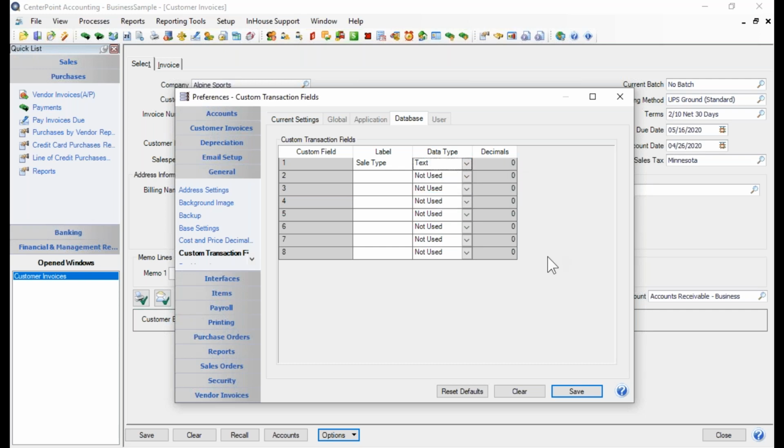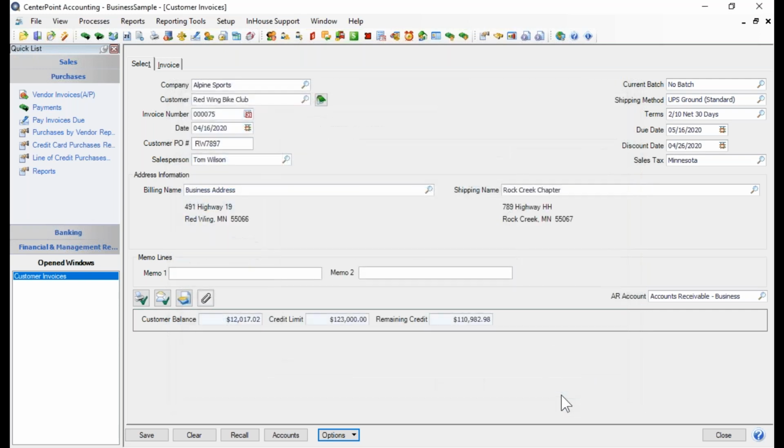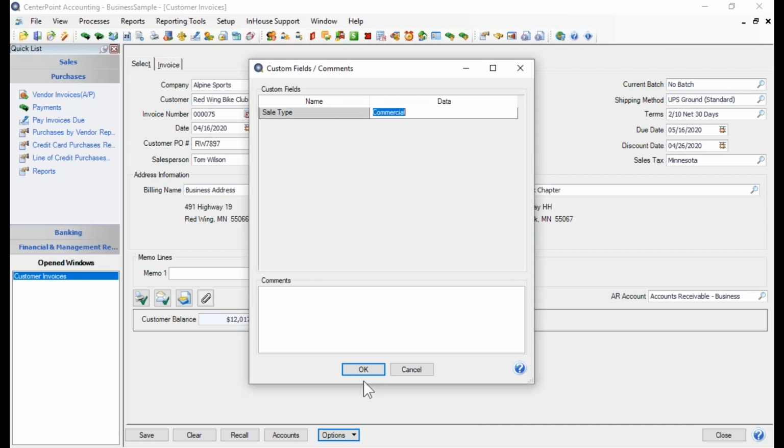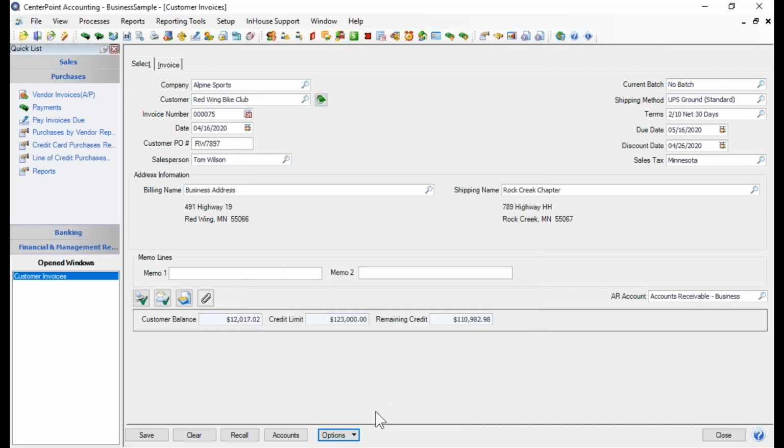Okay, this would happen to be a text piece of information. And then if you set up those fields, they will be available by going to options and custom fields on every transaction. I'm going to click on options again, and we already talked about tab stops. Okay, so the rest of this information I'm going to talk about when we go over here to the invoice